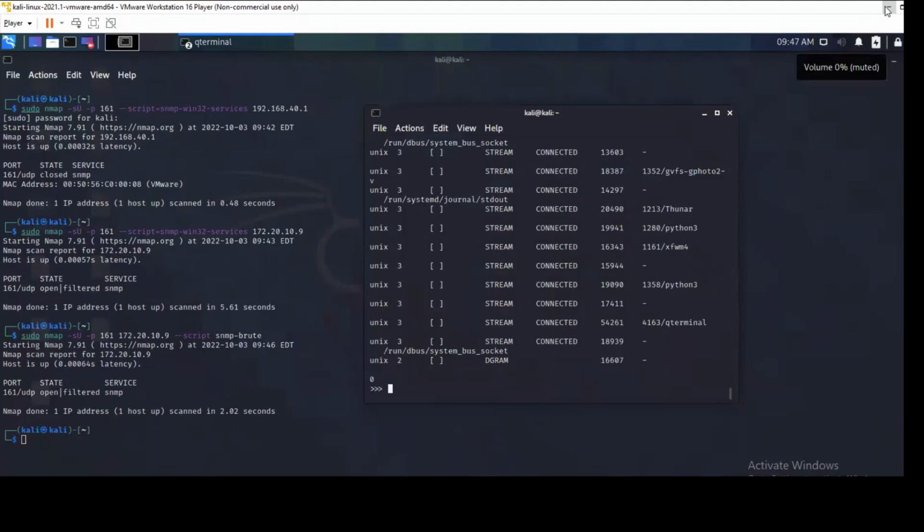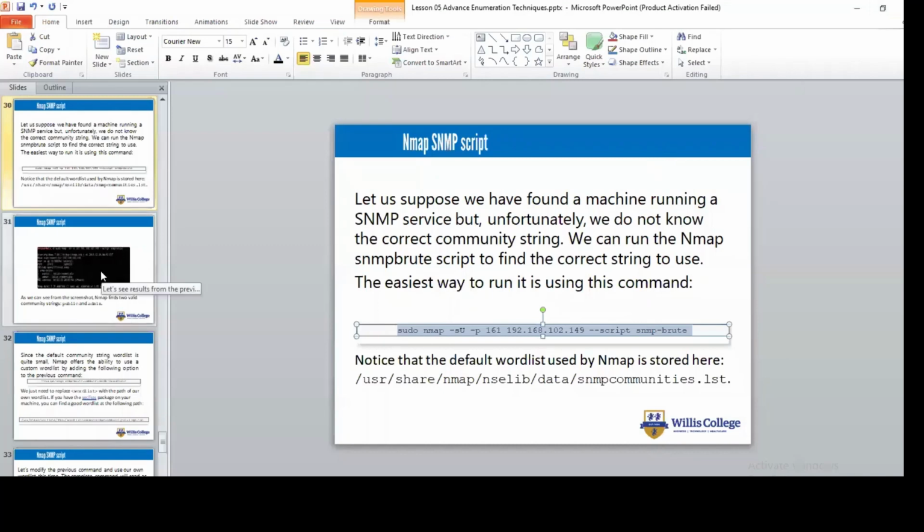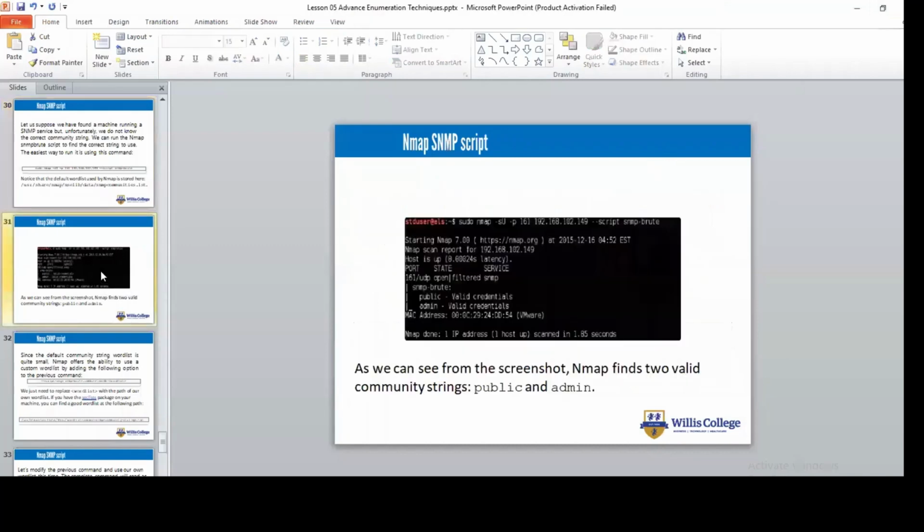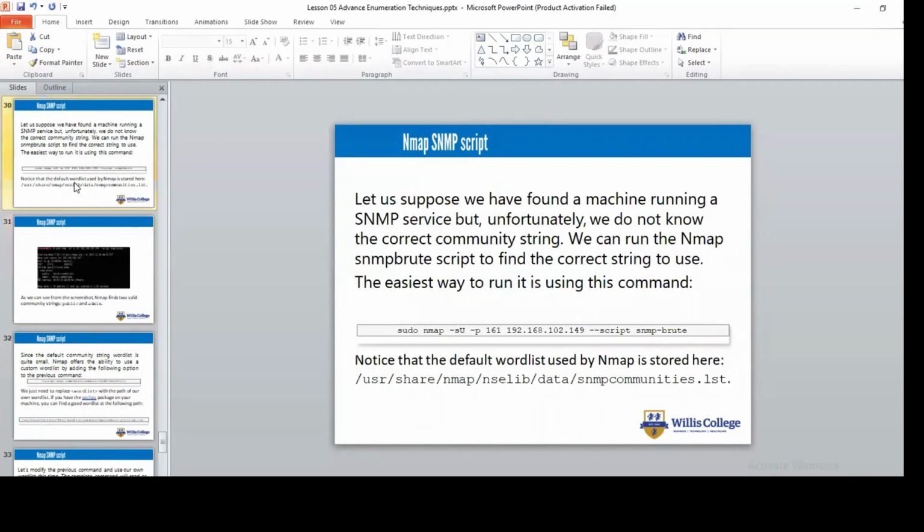Try that against your variable Windows XP box and your variable Windows 2000 box. You run it correctly. So before you run the scripts, if you go through the